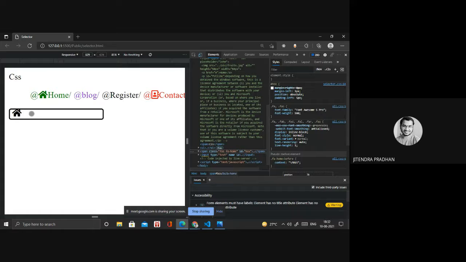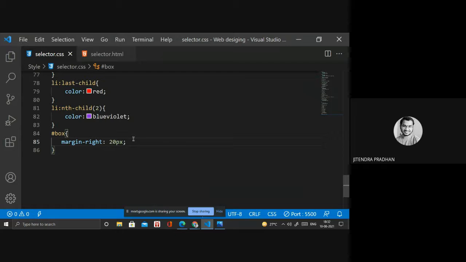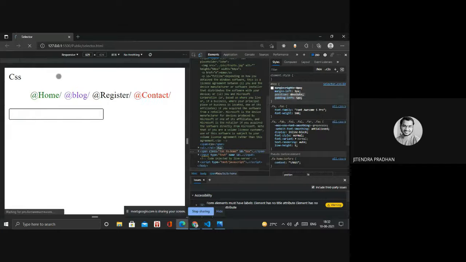What happened? It's now in that. Okay. I don't want to apply inside that, like in the box. I want this to apply in that input box. Wait, I will copy that one. I'll paste inside my box ID. Then I will show you. Okay, let's see what happens.